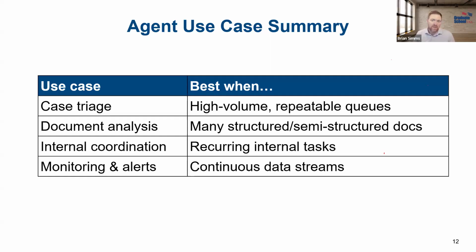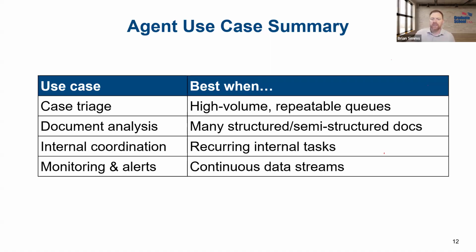And monitoring and alerts. This is maybe arguably the strongest fit for an agent, right? Because if there's something like what we talked about with the VA storm system, a continuous data stream that's running, and something needs to be watching this all the time for thresholds being reached or anomalies in the data or a certain trigger or something, and it really should be happening around the clock. This should never not be monitored. Again, that's a great use case for an AI agent because they don't have to sleep, right? And this is what they're really, really good at, sifting through all sorts of data.